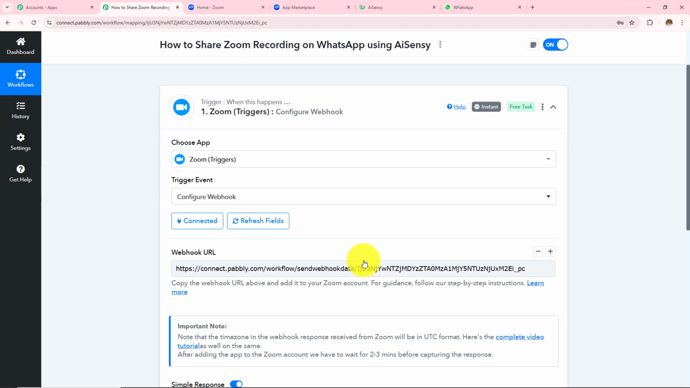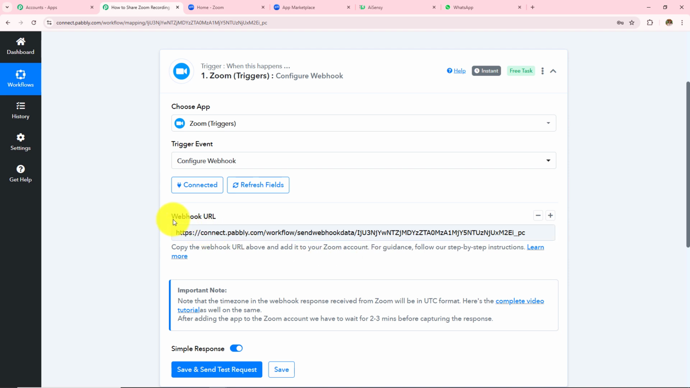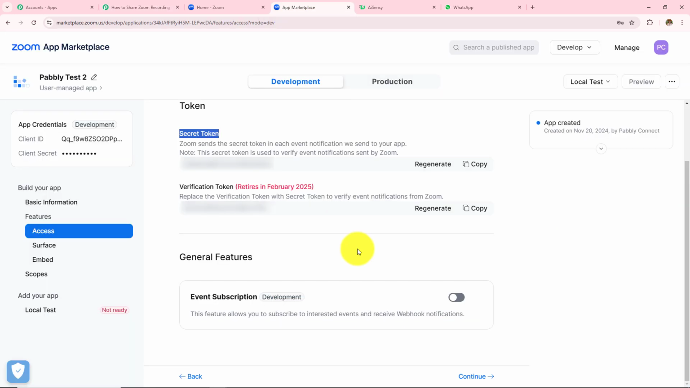So here Zoom is connected with Pabbly Connect, and I am provided with this unique webhook URL, which I'll be needing to build my application. Now I'll go back to the app marketplace again, and under this general feature I can see this event subscription, and now I'm going to turn on this